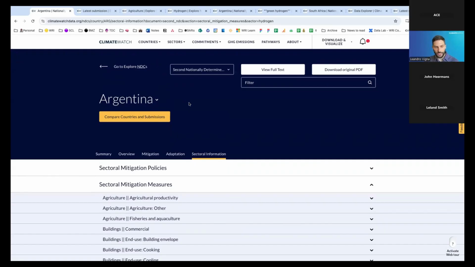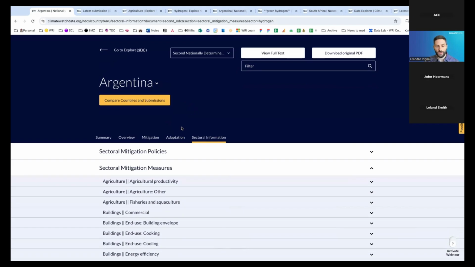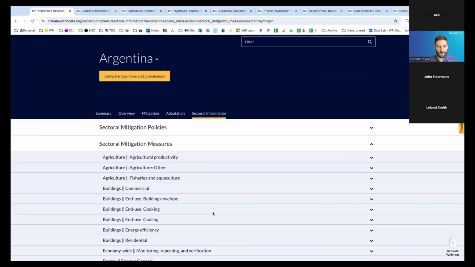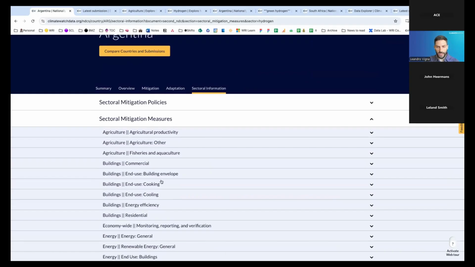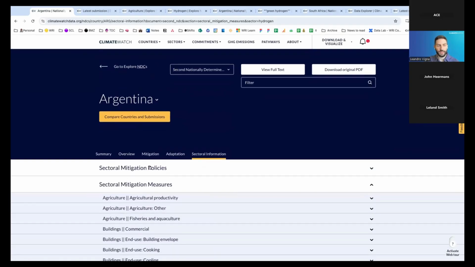We do have climate experts that access our data, see it objectively, and then make their own statements on whether a country could be more ambitious on any topic, or if it's falling behind compared to other countries in a similar situation. Now, here's how we basically gather all the indicators that we have